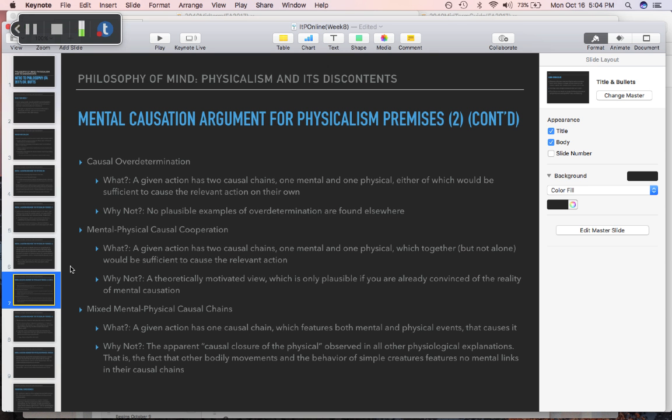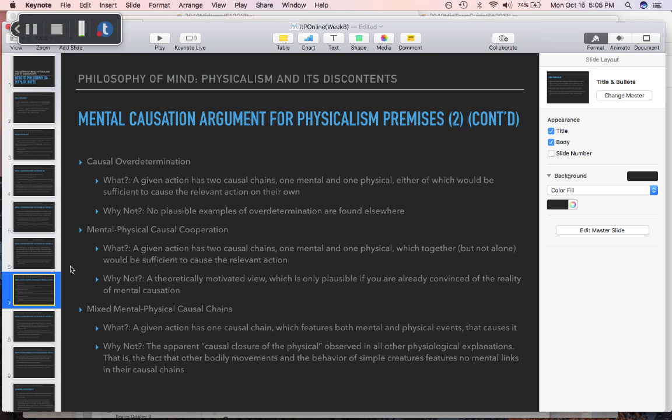Finally, mixed mental physical causal chains. So a given action has one causal chain which features both mental and physical events. The domino example I gave in mental physical causation actually better describes this mixed causal chain. For the mental physical causal cooperation, we'd need the two colors of dominoes again, but they'd have to be not stacked like this. They'd have to be somehow doing some weird Rube Goldberg OK Go video thing,